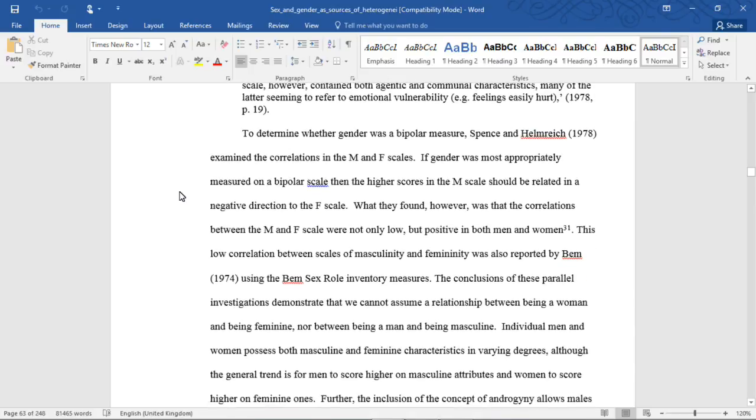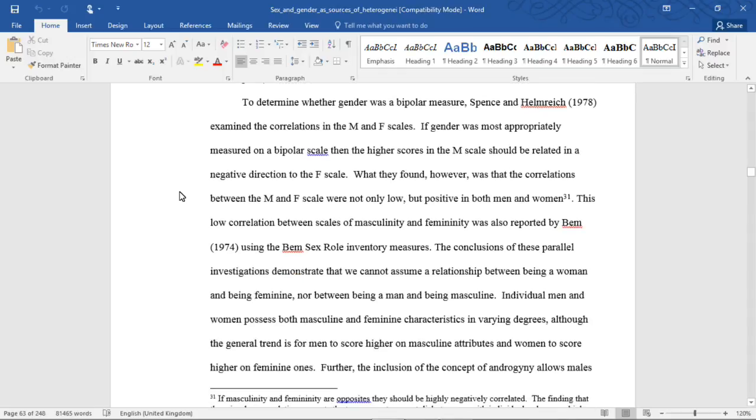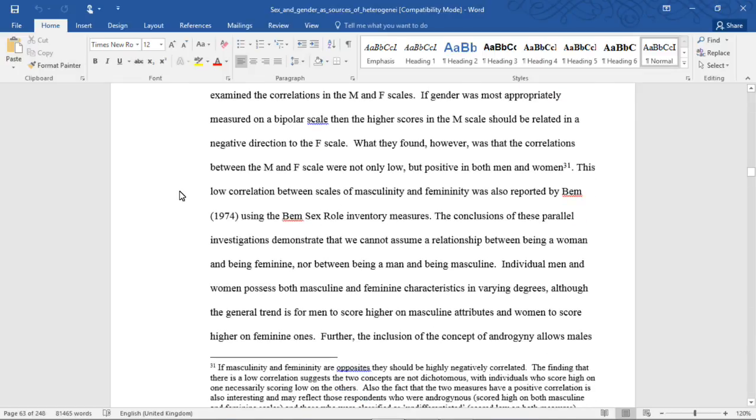To determine whether gender was a bipolar measure, Spence and Helmreich, 1978, examined the correlations in the M and F scales. If gender was most appropriately measured on a bipolar scale, then higher scores on the M scale should be related in a negative direction to the F scale. What they found, however, was that the correlations between the M and F scales were not only low, but positive